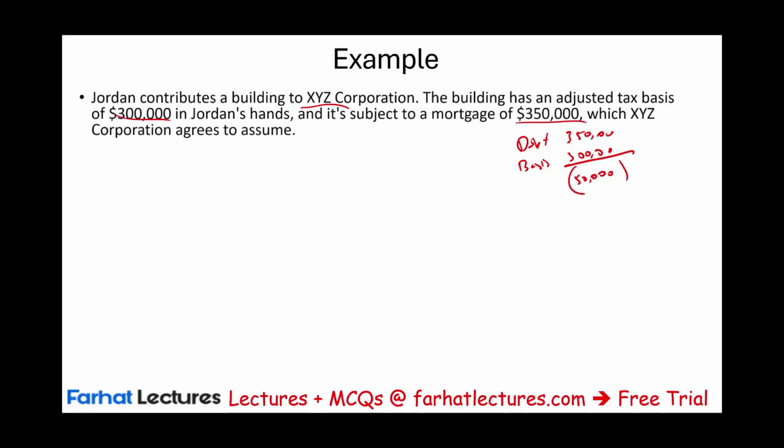Well, Jordan is happy to get rid of this asset because they have negative equity in it. But that extra 50,000 is what? That extra 50,000 is a gain to Jordan, and Jordan's basis is 0. Because technically, if you really think about it, their basis is negative 50. You cannot have basis negative 50. If you recognize this as a gain, theoretically you're starting at negative 50, then this is why we add the gain, because you're going to pay taxes on the gain. Negative 50 starting at the basis. Again, there's no negative basis, plus the gain of 50, your basis is 0.